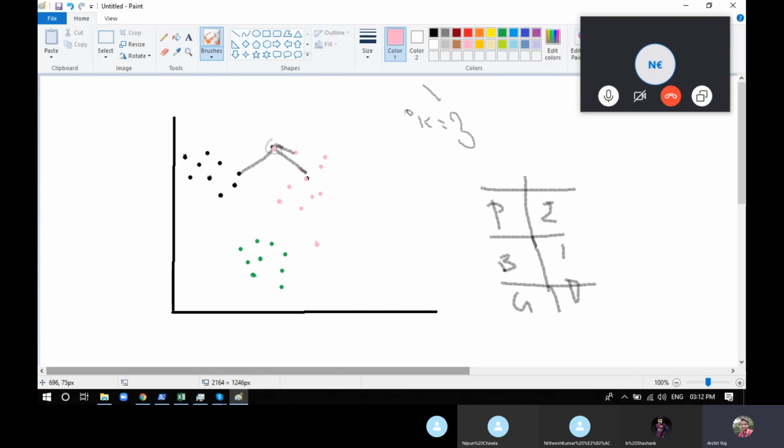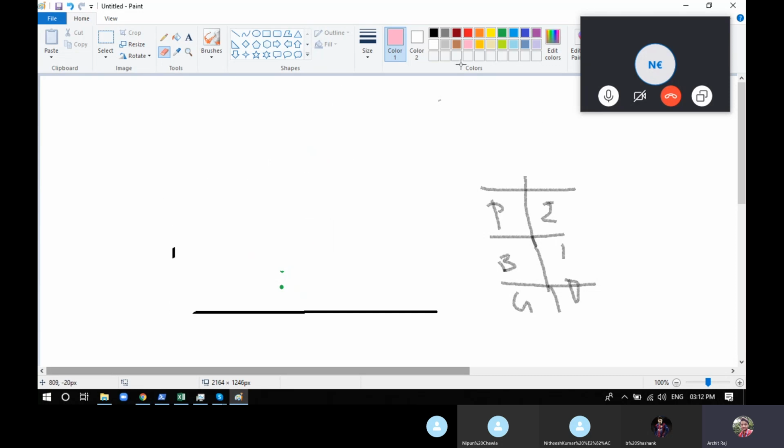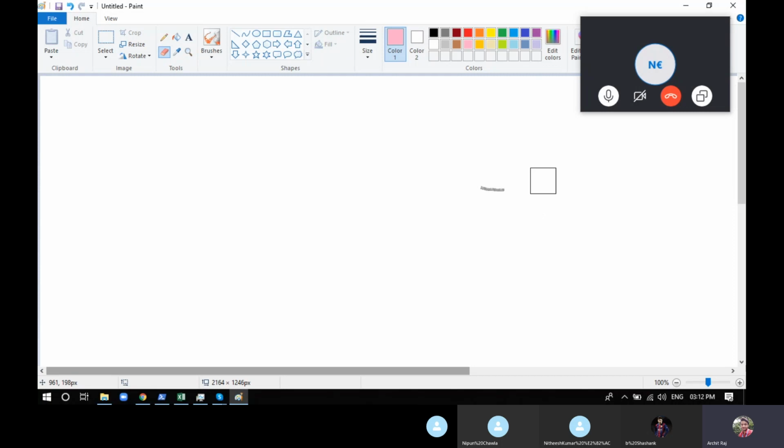First of all, it's also used for regression. Now this was classification. If you want to know how exactly it's used for regression, let's find out. Even though we don't generally use k-nearest neighbors for regression, it is useful for regression also. So again, imagine if you have this data set